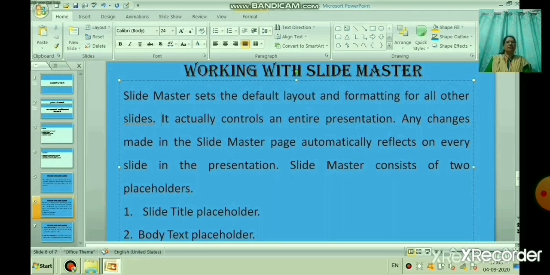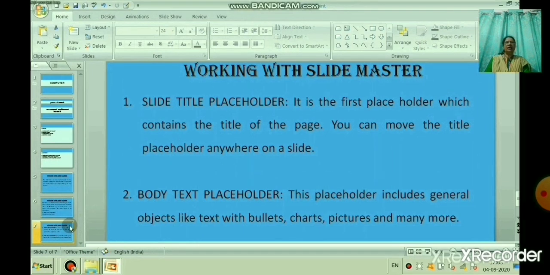Slide Master consists of two placeholders. The first one is the slide title placeholder and the second one is the body text placeholder. So, what is the slide title placeholder? It is the first placeholder which contains the title of the page. You can move the title placeholder anywhere on a slide.